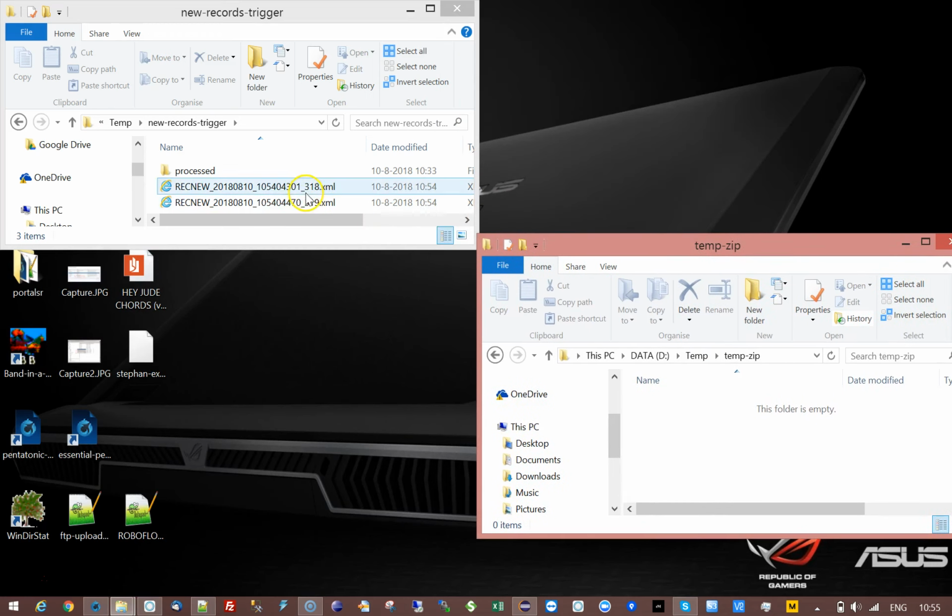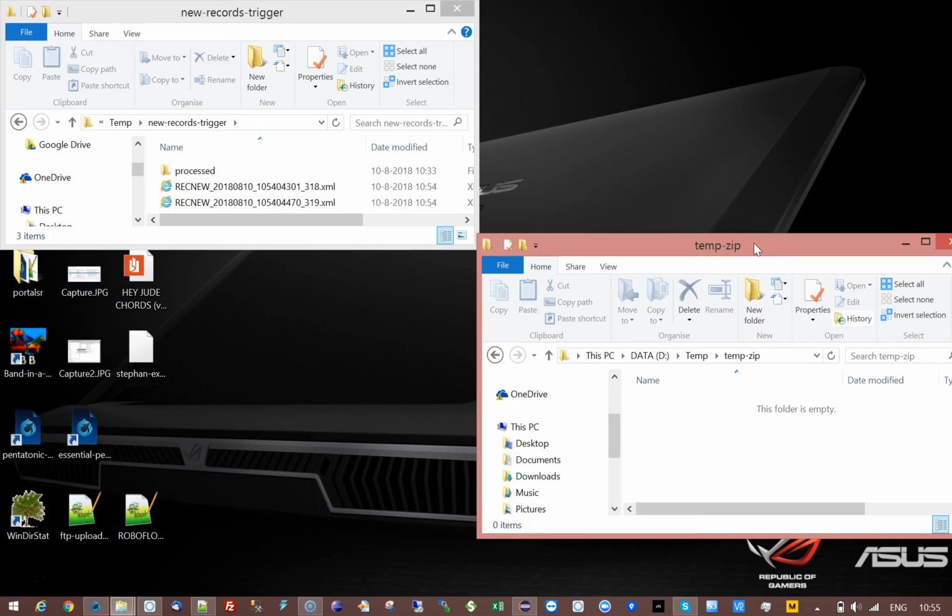Here the trigger files are going to disappear while it is processing them, and on the other side Roboflow is going to use a temp folder in which it's going to pick up the zip. It's copying the zip to this folder because your zip might be in the vault, and then it cannot just unzip a file from the vault. So it just puts it in a temporary location. That step could be removed from the workflow if the zip is not in the vault but in a path